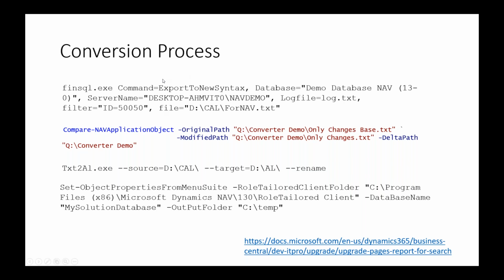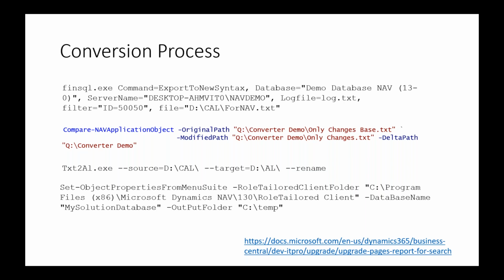What I use pretty often is that I abuse the locked field. In C/SIDE, you have the locked flag, and I lock the files that I want to convert to an extension, then I filter on locked equals yes, and export all of my locked files to an extension. That also allows you to exclude the files that you don't have in your license, because those will not be locked. Then you have to use PowerShell to create your Delta files,